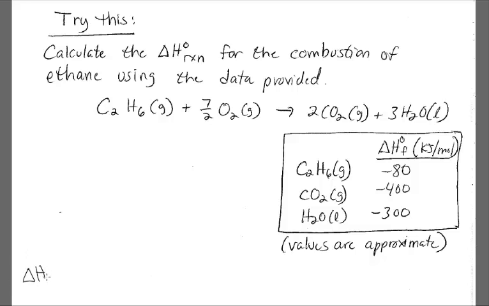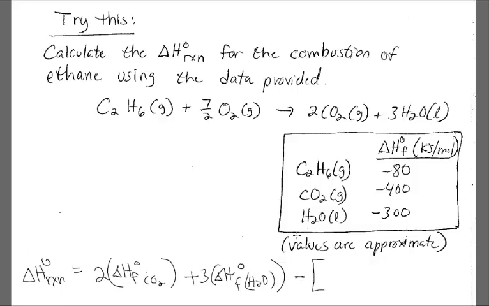All right, so the heat of reaction for this is going to be the sum of the heats of formation of the products times their coefficients minus the sum of the heats of formation of the reactants. So let's do that. We'll start with the products. Start with CO2. You have 2 times the heat of formation of carbon dioxide. Plus 3 times the heat of formation of water,